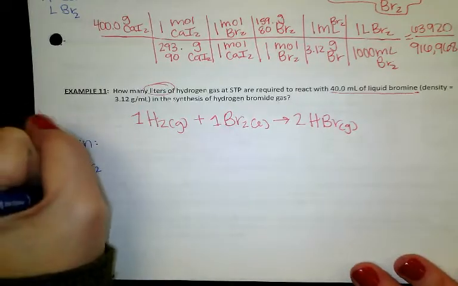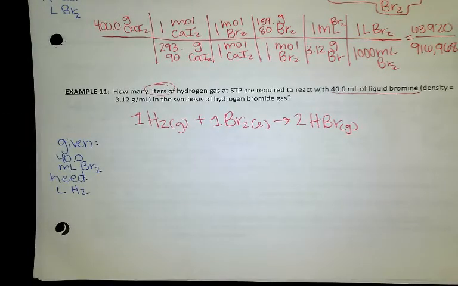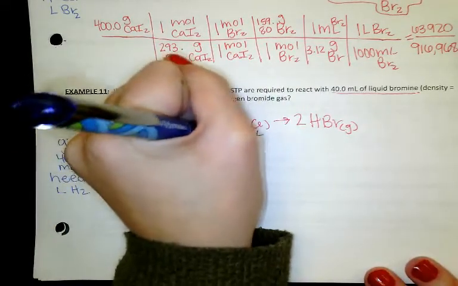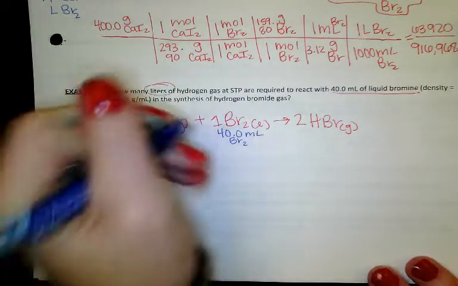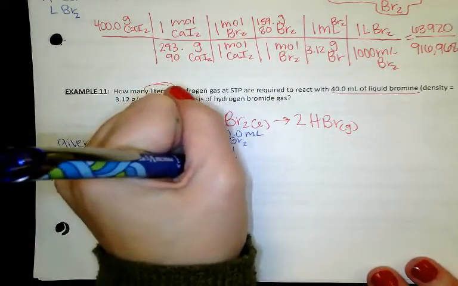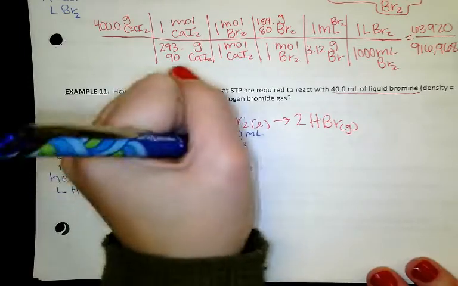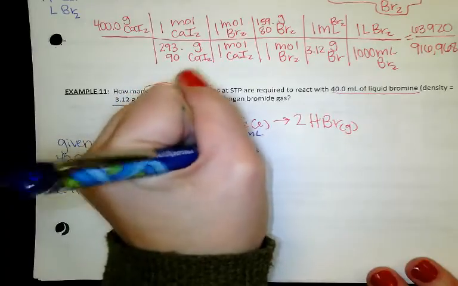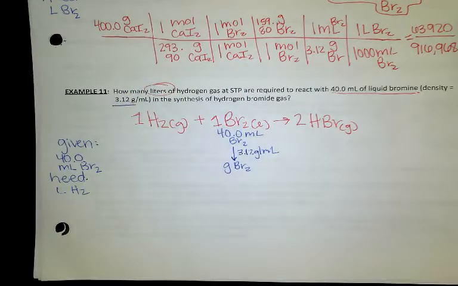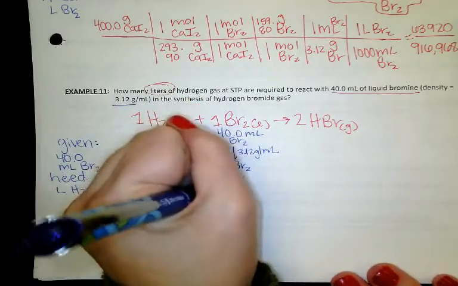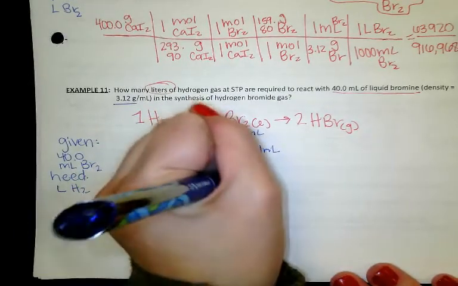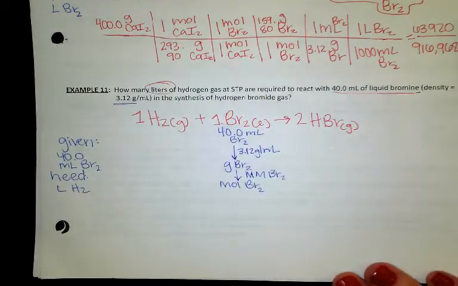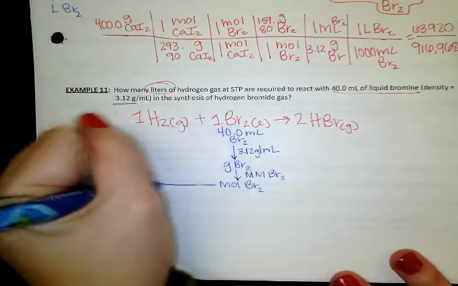So we're starting with 40 milliliters of bromine. Now this is liquid. So we're going to convert milliliters to grams of bromine using the density, that 3.12 grams per milliliter. Okay? Then we're going to convert grams of bromine to moles of bromine using the molar mass of Br2, which thankfully we've already calculated. Then we're going to go from moles of bromine to moles of hydrogen using the molar